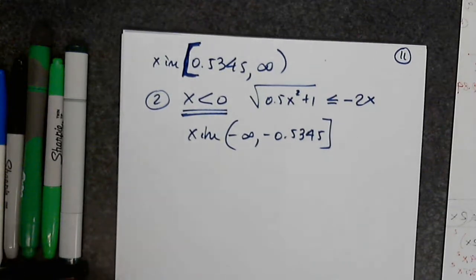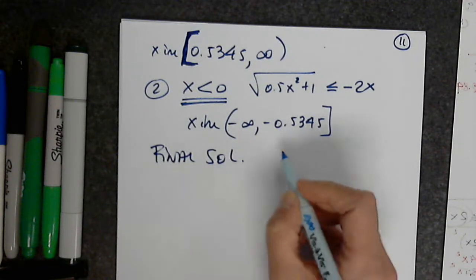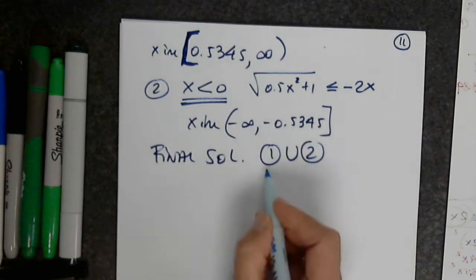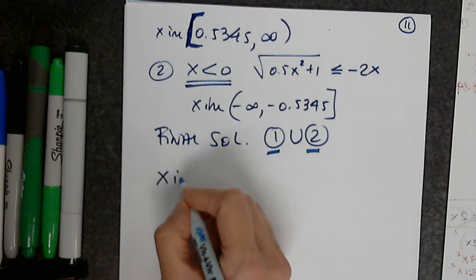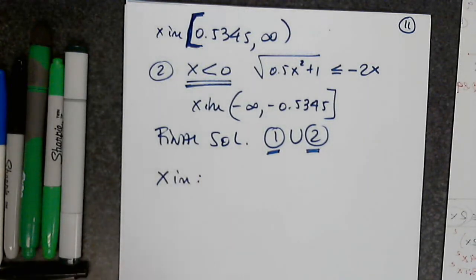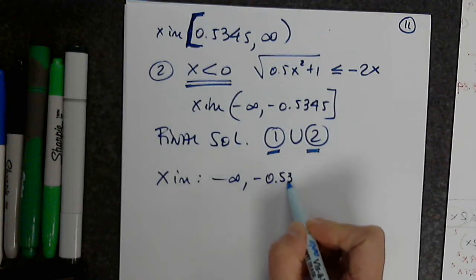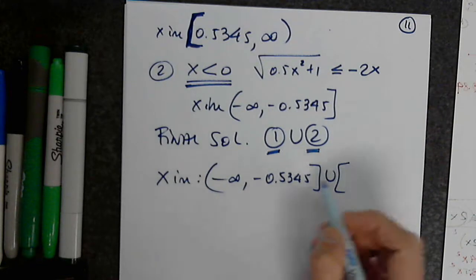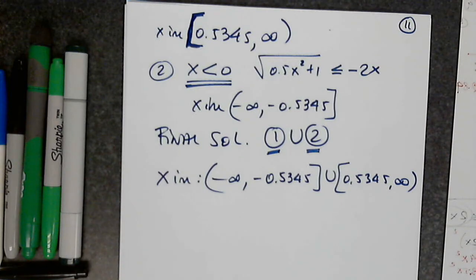Finally, I'm ready to write the entire solution. What is the entire solution? Combined solution with 1 and 2. So final solution is 1 union 2. Whatever solution I have in number 1 and whatever solution I have in number 2. So final solution is x in the interval. Can anyone dictate the interval, please? So the solution I got from the first possibility, union the solution I got from the second possibility, is what I'm looking for. Any questions? It's union because it's